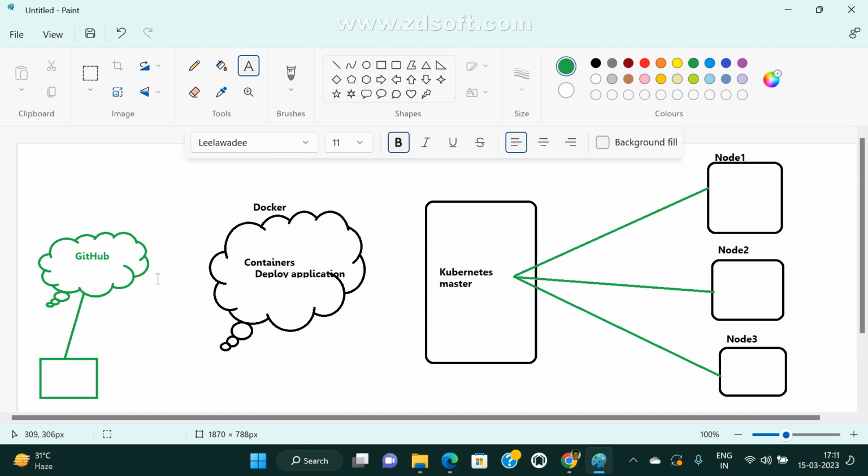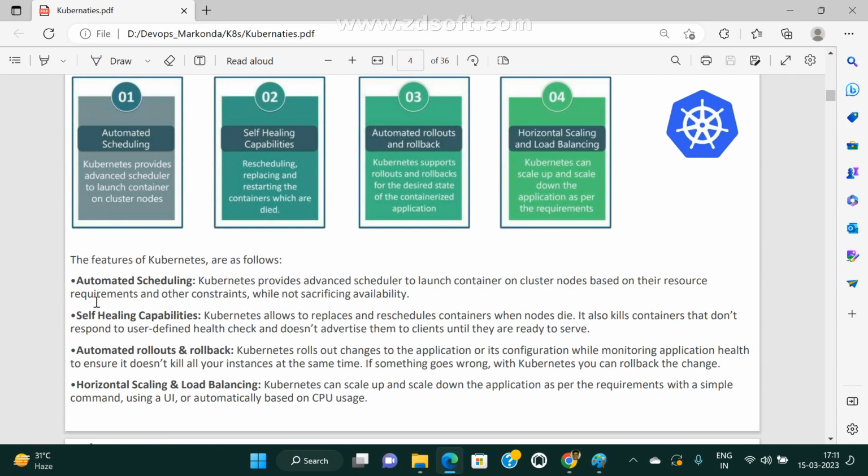Once the build is done, it generates artifact files, and with the help of that we create containers and deploy the application. So if you want to deploy your application in a single day without downtime, in that case mostly we go for Kubernetes.